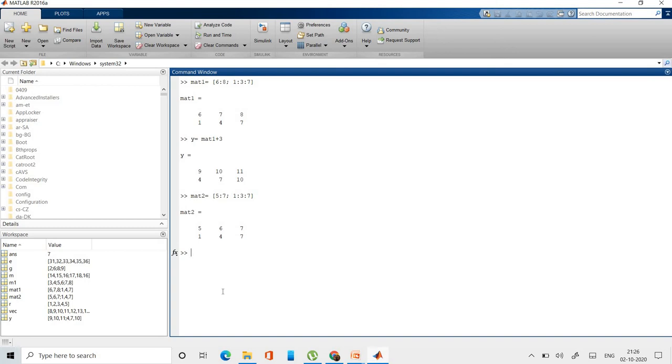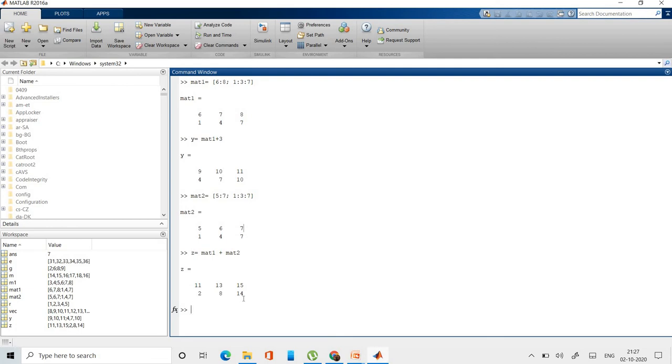Now if you want to add these two, so just take a variable z is equal to mat 1 plus mat 2. Okay, so it is giving me, you can see, 6 plus 5 is 11, 7 and 6 will give me 13, and 8 and 7 will give me 15. Similarly 1 and 1 will give 2, 4 and 4 will give 8, and 7 and 7 will give 14.